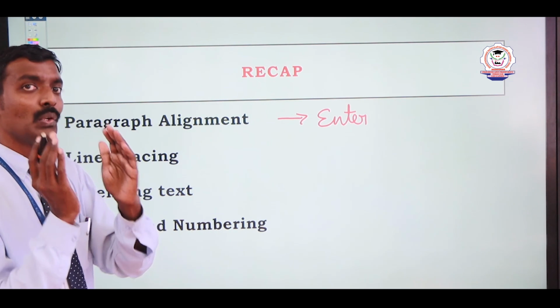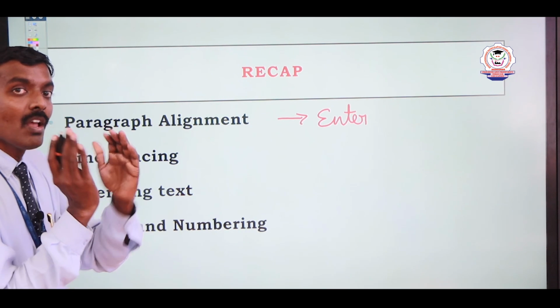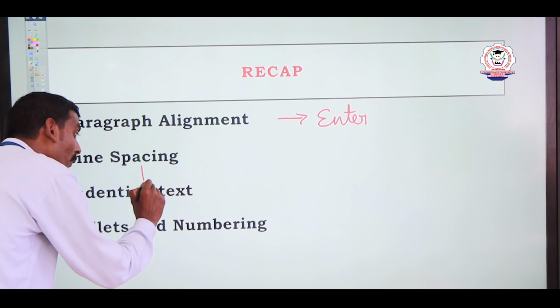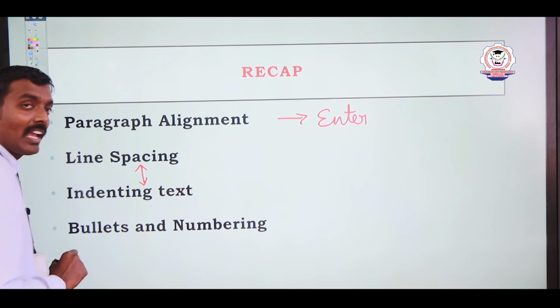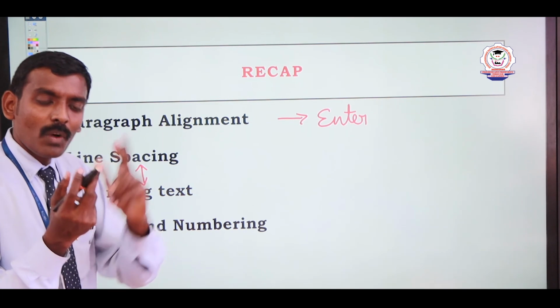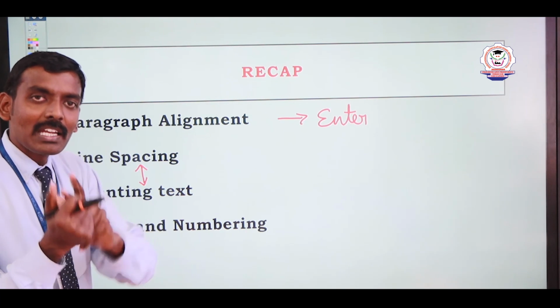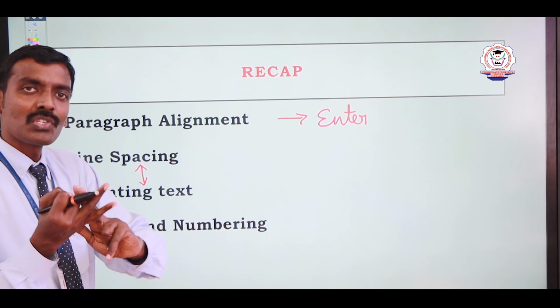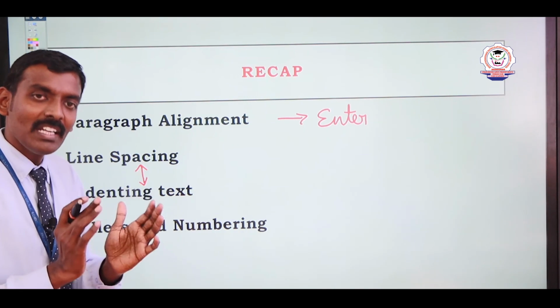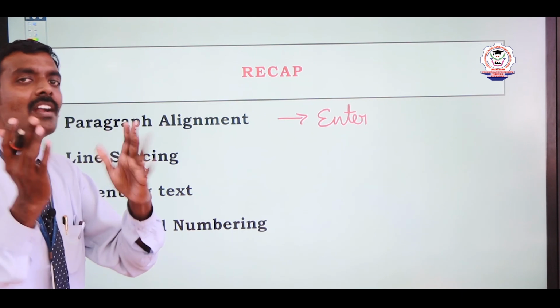How can we give some space between one line of text and another line? This is an example space. This is a line space. It has different types: single, 1.5, double, at least, leading, fixed, proportional. These are the different types of line spacing. Based upon the document needs or user needs, we can change the line spacing.